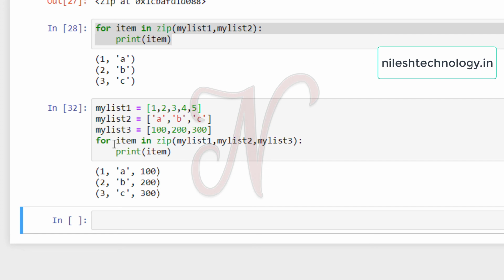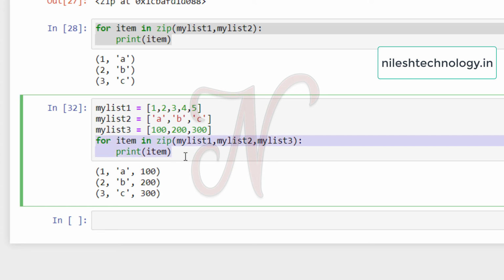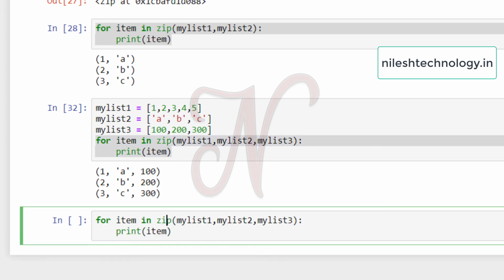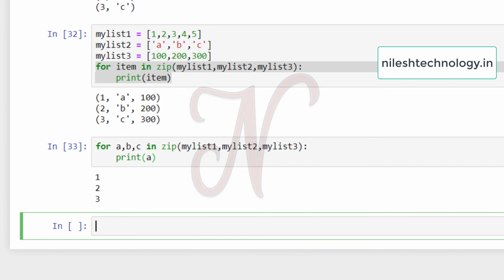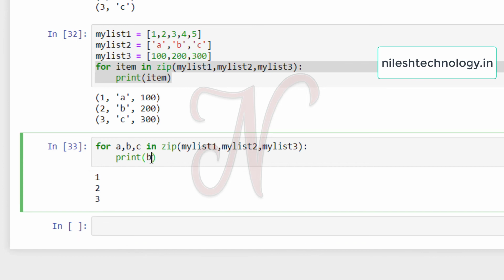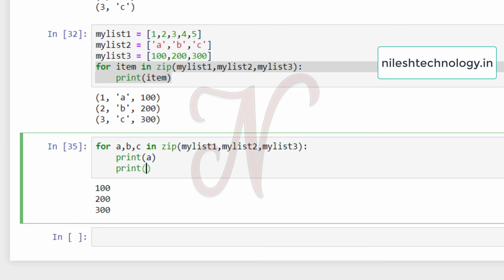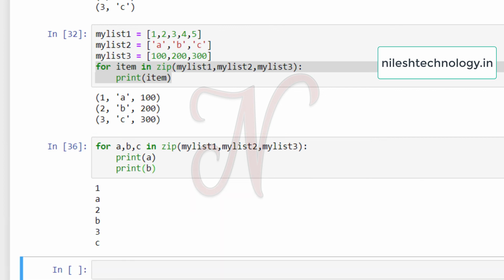Okay, now we will separate these three items into three variables. See here, instead of item we can use the three variables A, B, C, then print here A. Okay, see my output is that only A is printed, then B, C here, and C. Okay, you can also use two print statements A and B, 1A, 2B, 3C. So in this video we have seen three functions. Okay, and the next three functions we will discuss in the next video.